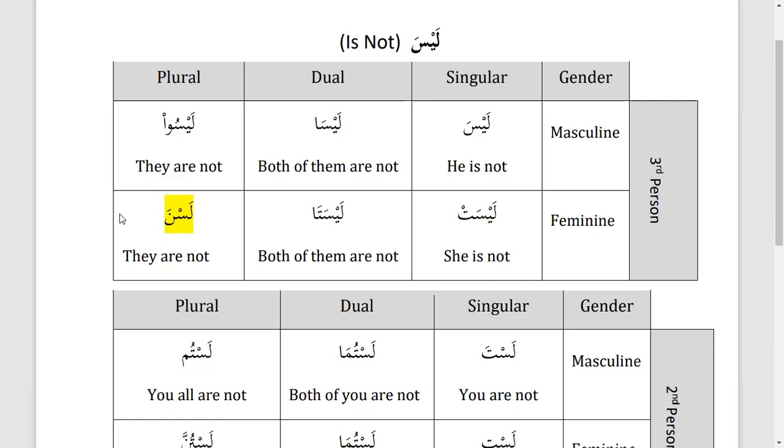If you remember, we did dhahaba, dhahaba, dhahabu. And as you can see here, it's the same here: laysa, laysa, laysu. If you can memorize just one conjugation, and I believe formally it's only 14 words, even if we memorize three of them, inshallah, we can memorize it in 2 or 3 days. So laysa, laysa, laysu. Huwa laysa, huma laysa, hum laysu. And hiya laysat, huma laysata, and hunna lasna.